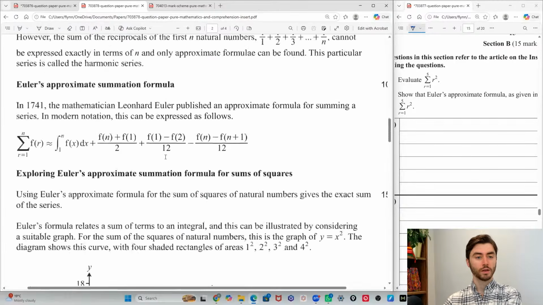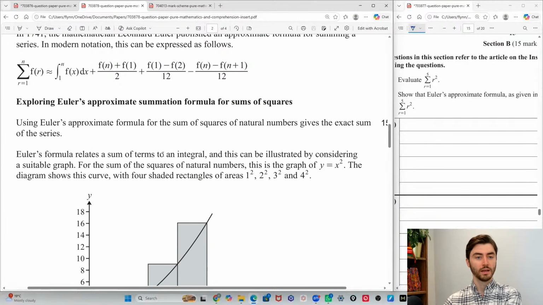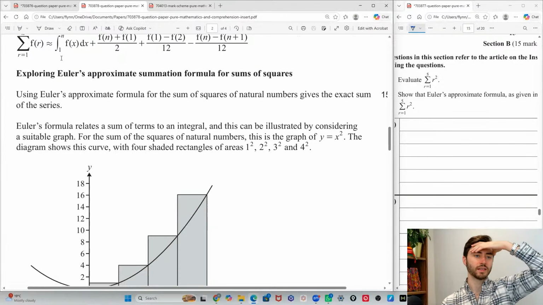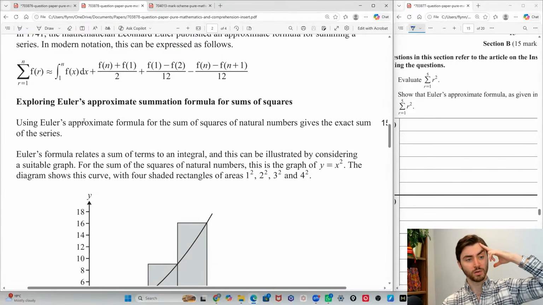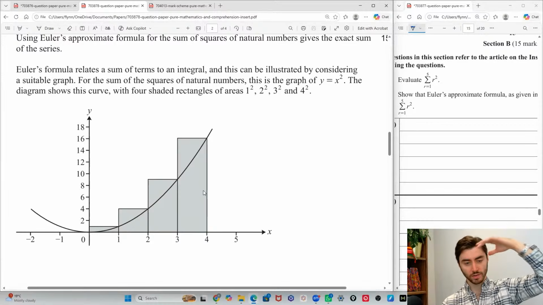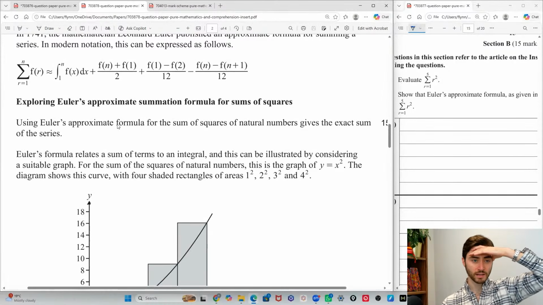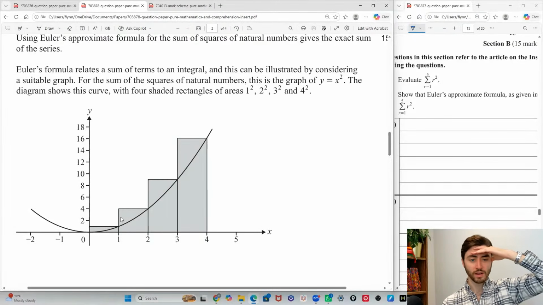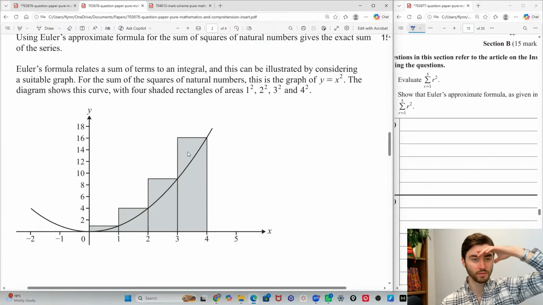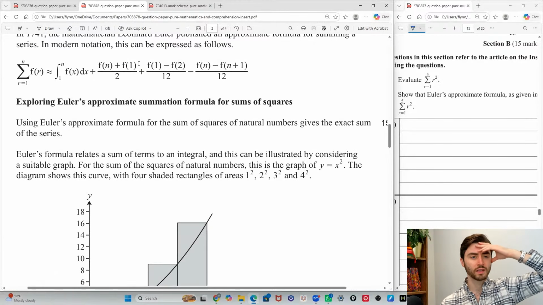So you do the integral from 1 to n, and then you add on a bunch of stuff. So what this is kind of saying, let's put some meaning to this using this example. The sum of the squares would be the sum of all of these rectangles. So they're saying that the sum of the rectangles is the integral, which is the area under the curve. And then we need to approximate the area of these rough triangles above the curve. So they're saying that's plus